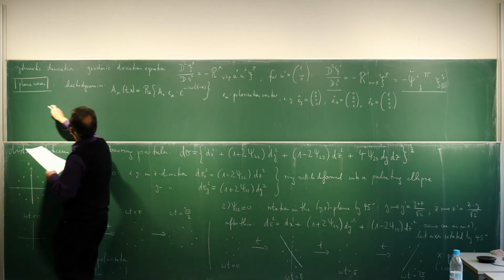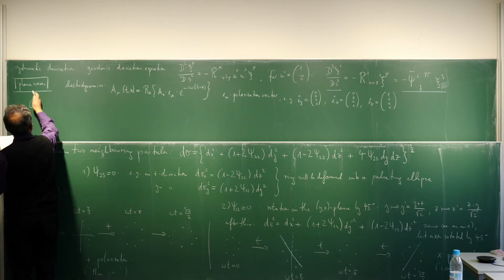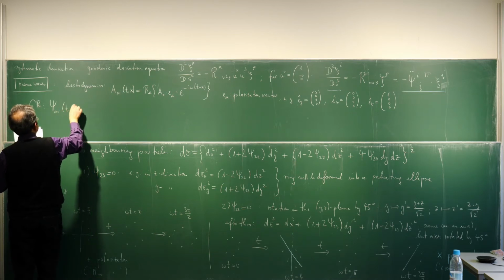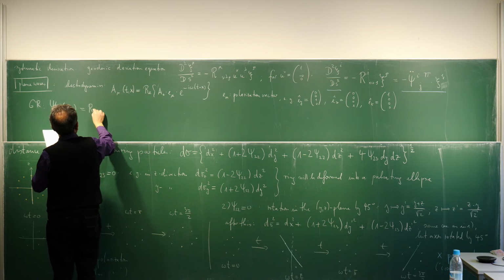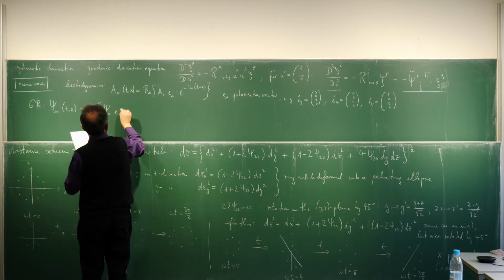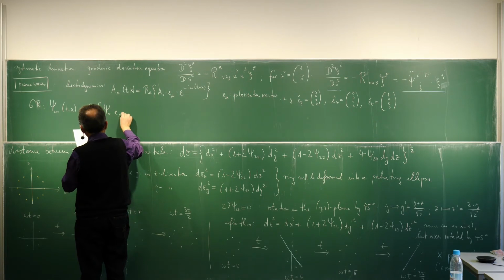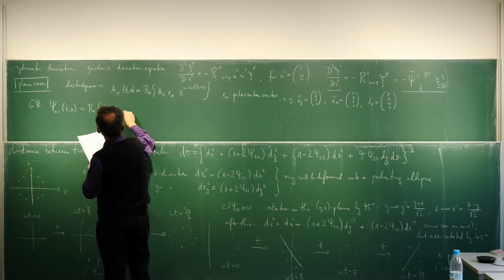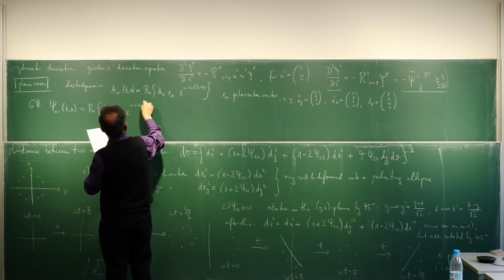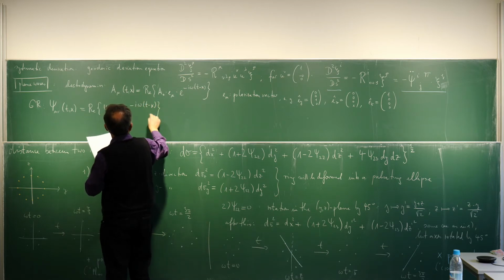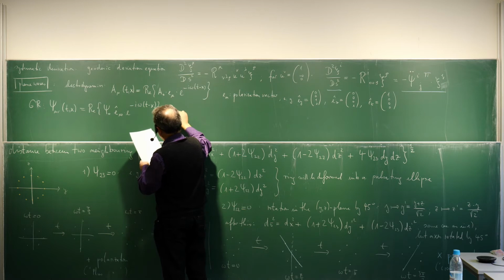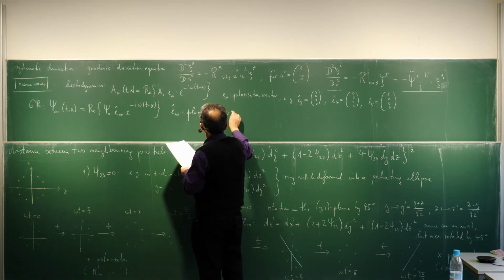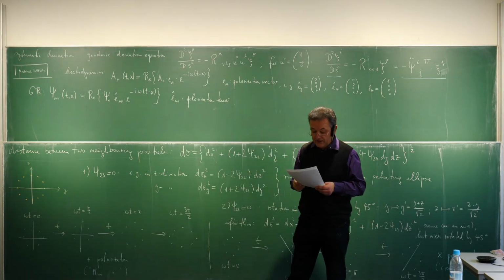Now in GR, this looks similar with one important difference. So we have a psi_mu nu of t and x, the perturbation of the metric, which is the real part of psi naught, and then we have here a polarization tensor, e_mu nu, and often there's a hat to denote this, times e to the minus i omega (t minus x). So here we have e_mu nu hat, a polarization tensor,